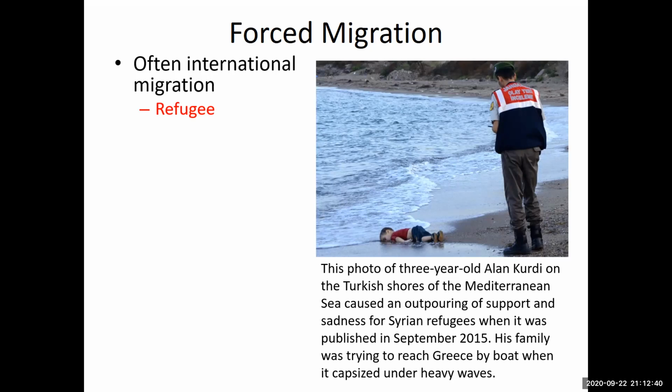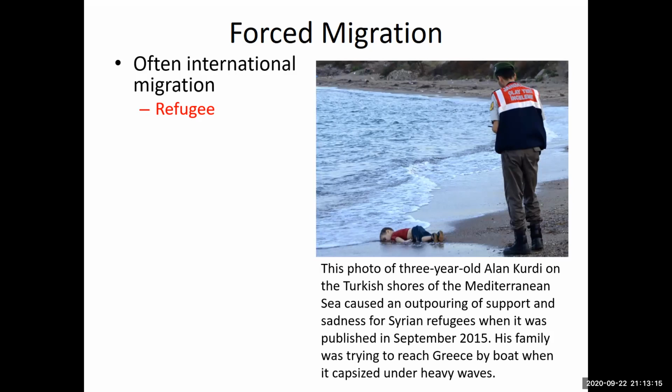So in this case, this father and I believe his wife and 2 children managed to get a boat and try to cross the Mediterranean, as thousands do try to do every day. The Mediterranean is basically like an ocean. It's massive, it's horribly dangerous, and many people don't make it. That was the case for this father, who unfortunately was the only one to survive out of these 4 people. His wife died, his 2 children died as their boat capsized shortly after leaving the shore. And this photo was taken of a government worker documenting the child as he had washed up on the shore.